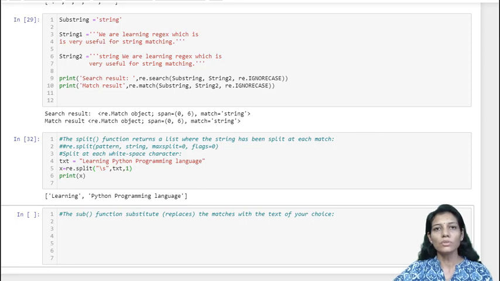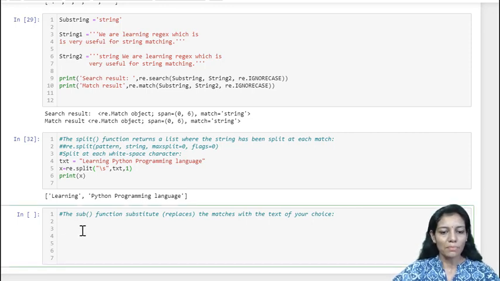Another re module method is the substitute method, which will substitute the match with the given string. So we'll take an example. x is equal to the substituted text that will be returned by sub. So re.sub, and here I want to replace all the white spaces, that is \s, with the given string.